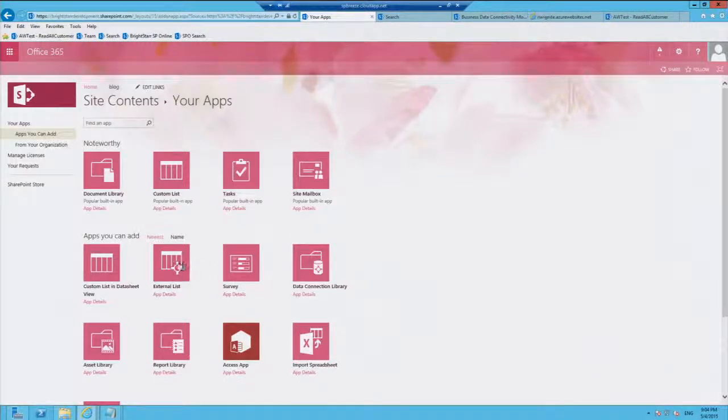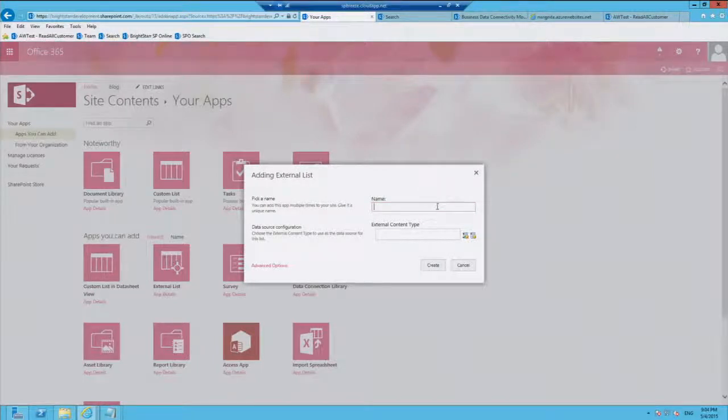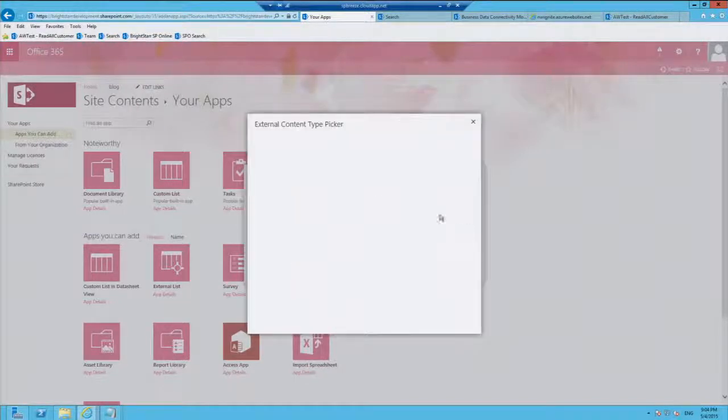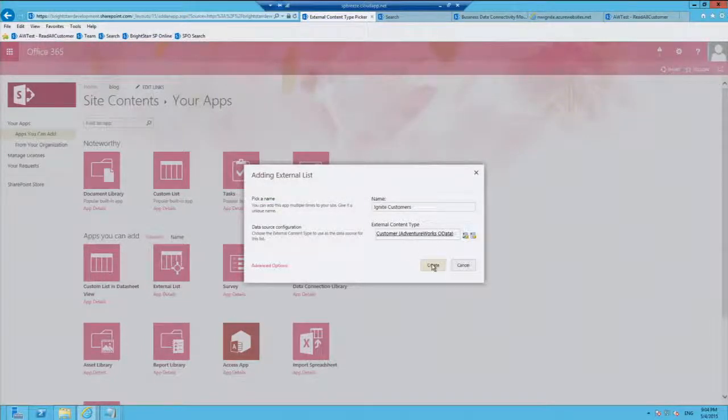So I think it's over here on the second page. Click external list. Give this a name of Ignite Customers and go through to the external content type picker. Sometimes this just takes a couple of seconds to render, and I'll choose customer there. So if I hit OK, click create,